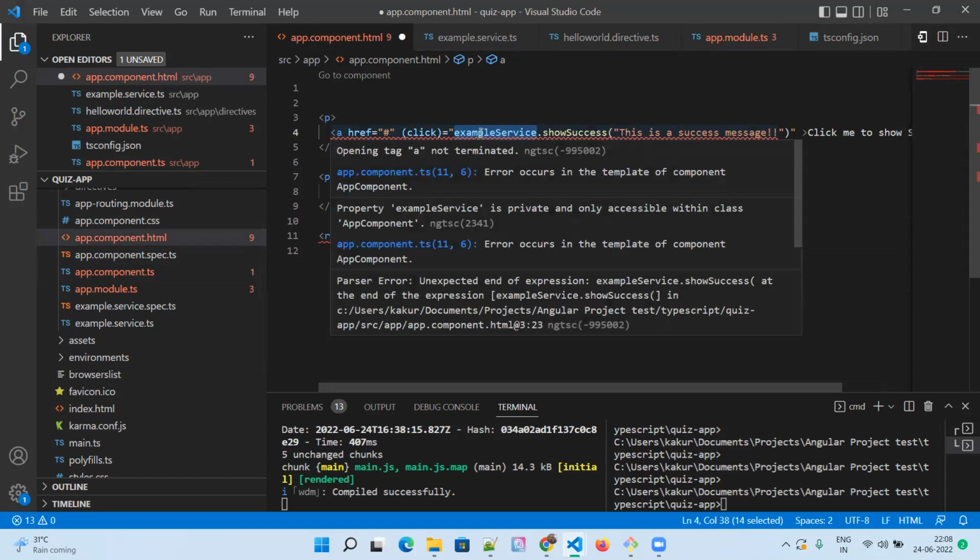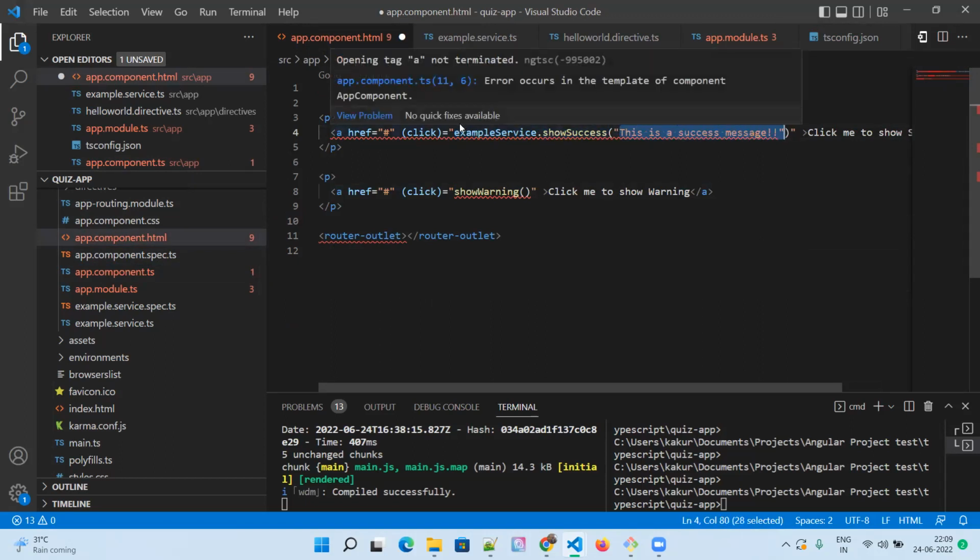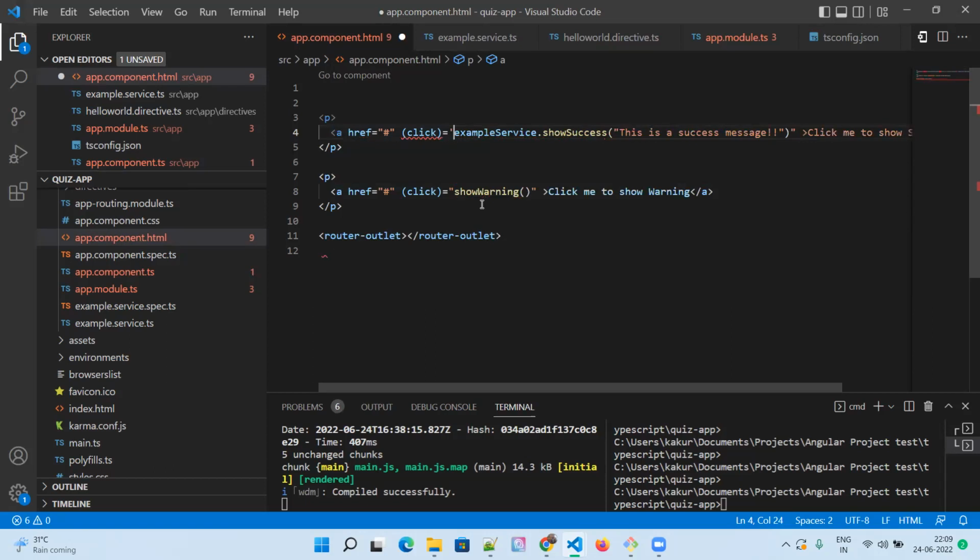So I'm accessing the component field, and the component field has some methods because the example service is a TypeScript class. So it has a method. I'm calling that method directly here, and I'm passing the message here. I think we have to change this to single quotes because